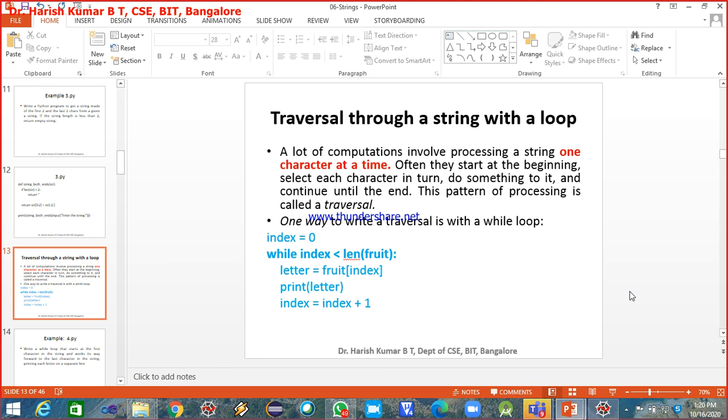But for a while loop you require a sentinel variable. Index is initially initialized to 0, and while index is less than the length of fruit, I get fruit of index, assign it, print it, and increment the index. So this is one way to traverse the entire string character by character. This is the kind of loop you can write.